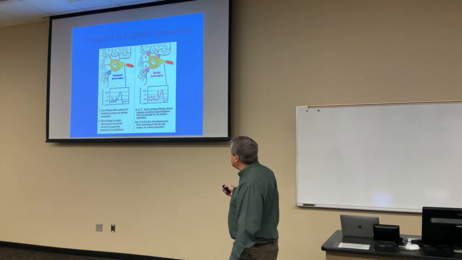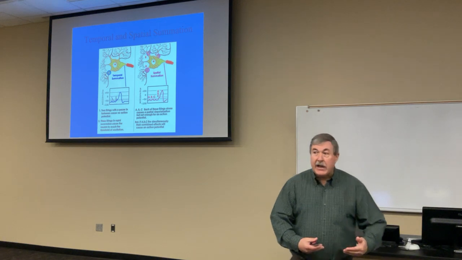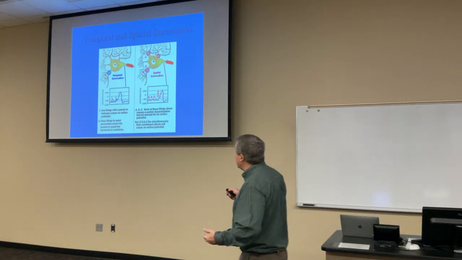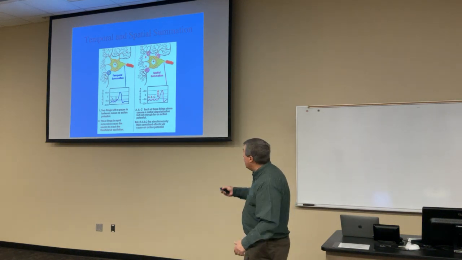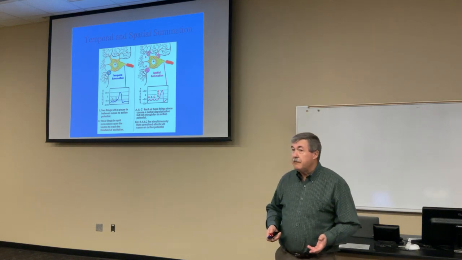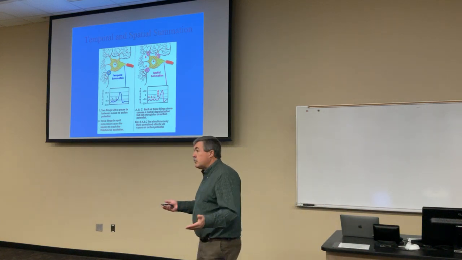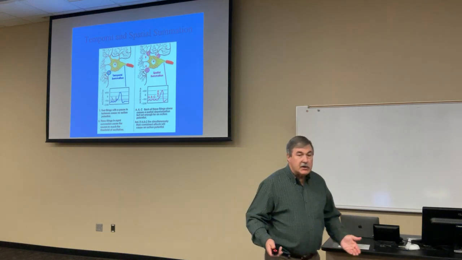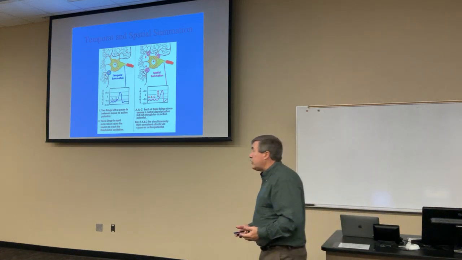Okay? So in temporal summation, you have 2 or more action potentials produced in rapid succession, and the result of that is that they combine on the postsynaptic dendrite to produce an even larger local potential. Okay? Because the more local potentials that are produced, the more sodium channels that open. The more sodium channels that open, the more sodium goes in, and the larger your overall local potential. Okay?